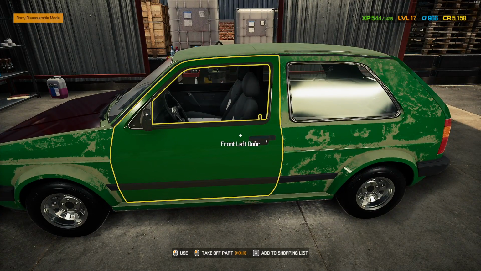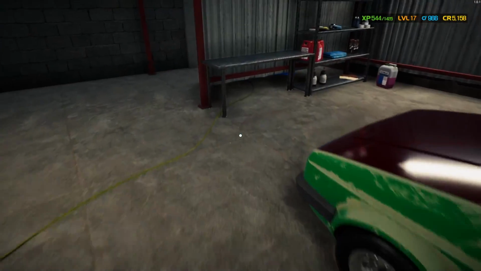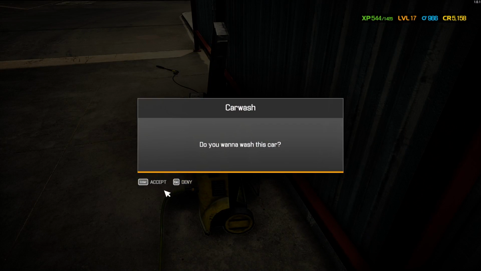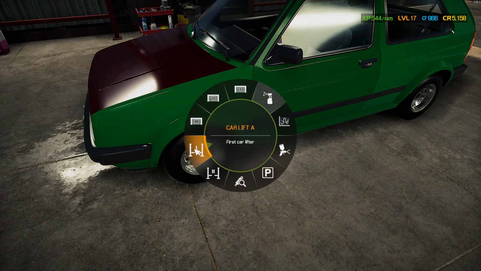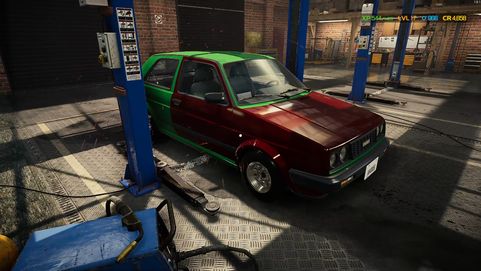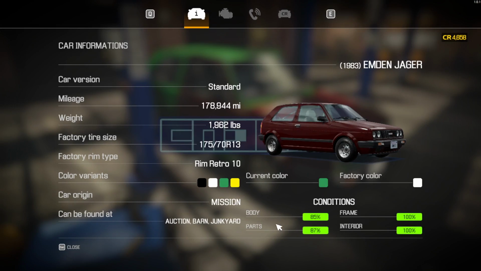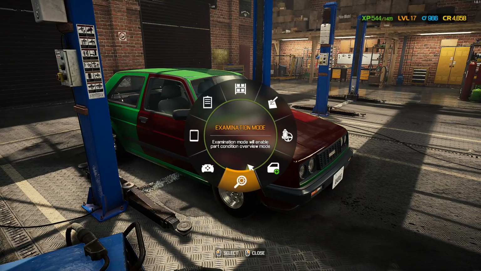Before I go into the painting booth, it's always best to wash and prep the car first. So I need to detail the car, and then wash the car. Move the car back to lift 1. We're going to weld it. That's 500 quid to do this. So now the car should be like 100%. 85, 87, 100. Okay, that's not too bad. Right, over to...